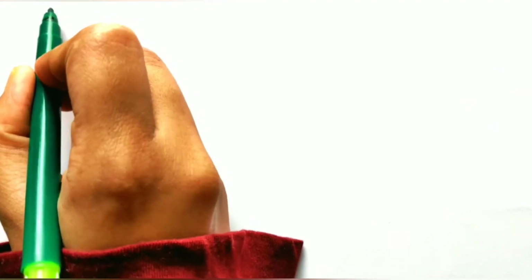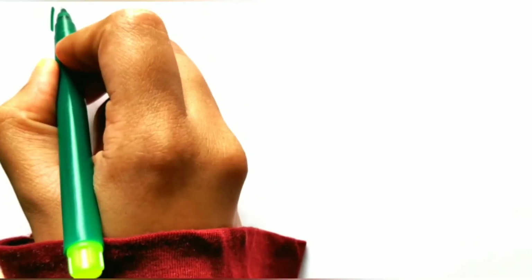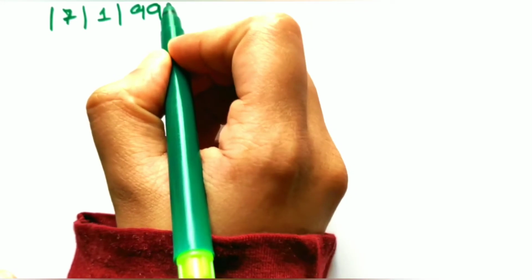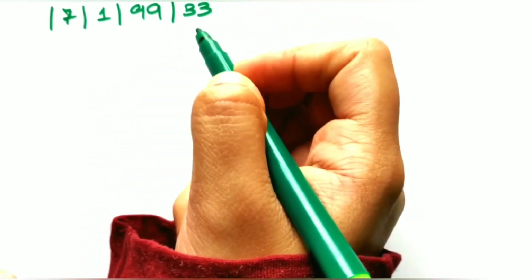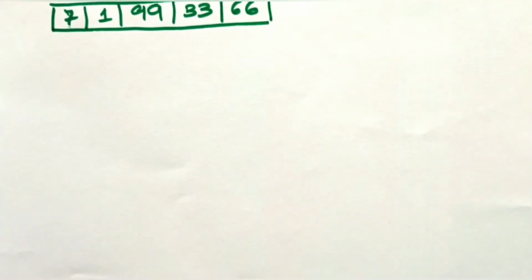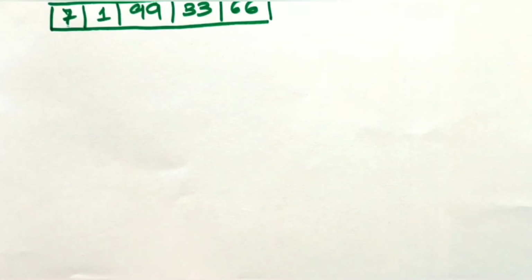Let's say we have an array. For now I'm going to take a small one. Let's say we have to sort it, I'm just going to take random numbers. Let's take 99, 33, and let's take another one, say 66. Okay, now this is our array which we want to sort. Now this isn't actually the most efficient method of sorting, but we'll be getting into time complexity sometime later on. Let's just concentrate on learning the algorithms for the moment.